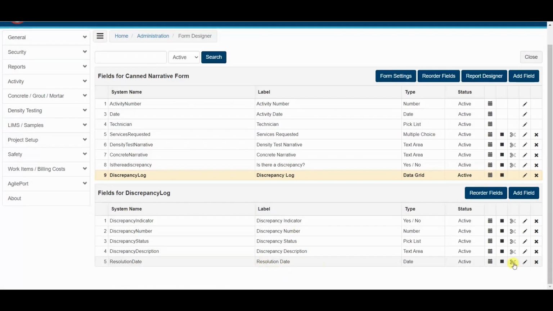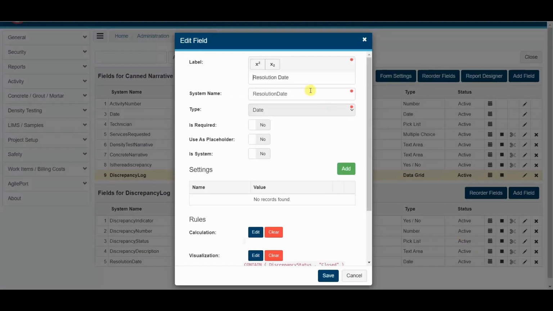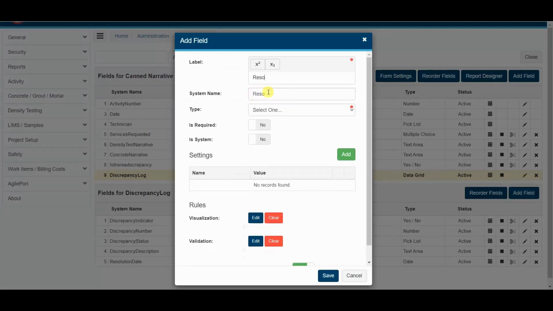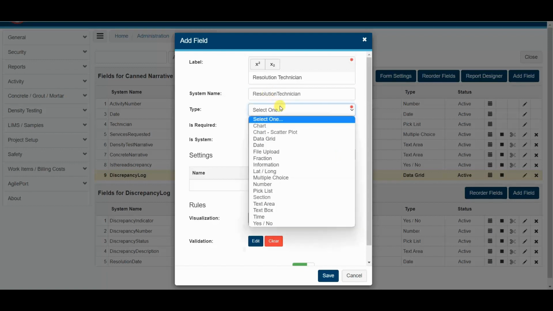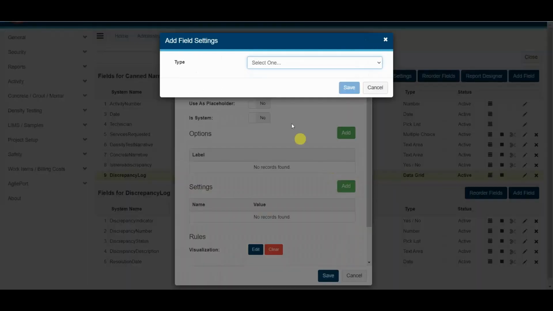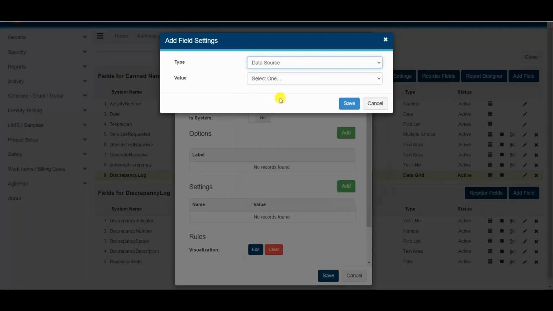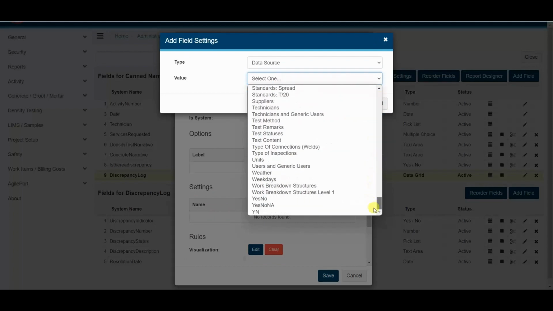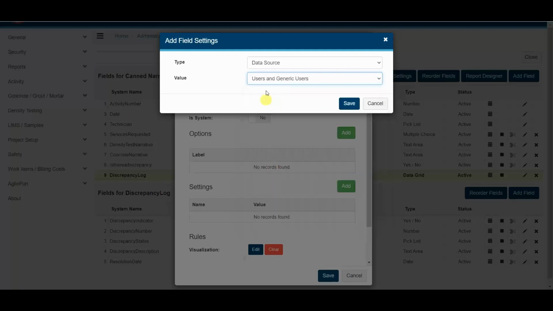So resolution date. Let's add another one. Let's do resolution technician. Okay. And let's make this a pick list. I'm going to add some settings around this. I'm going to say we want this to source the technician that's logged in. So I'm going to come down to my users that are in the system,